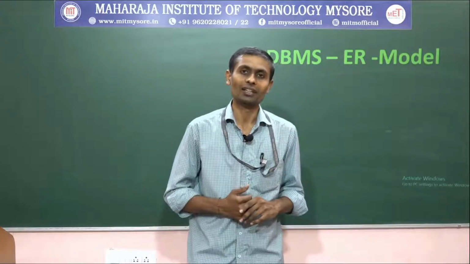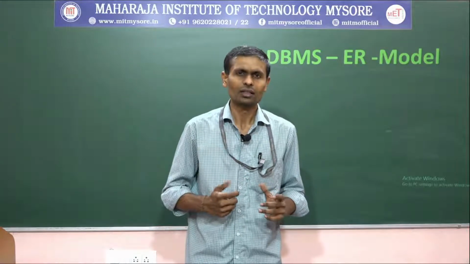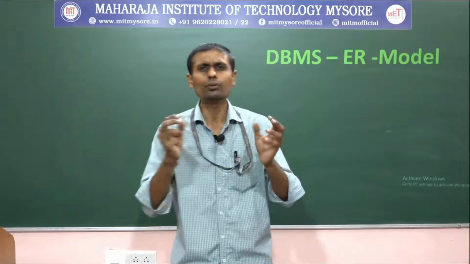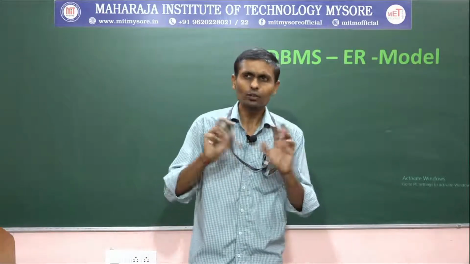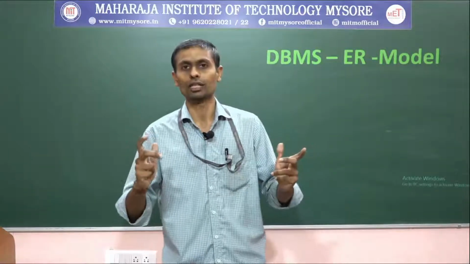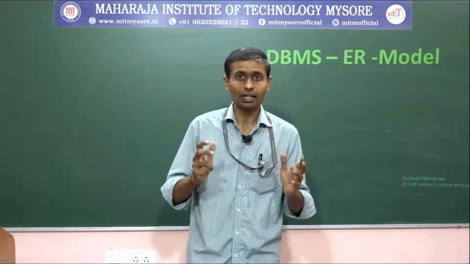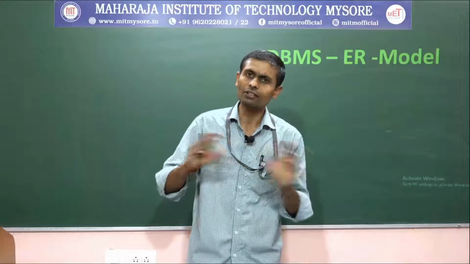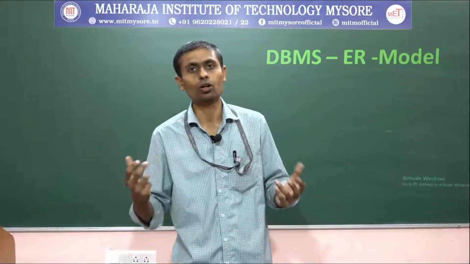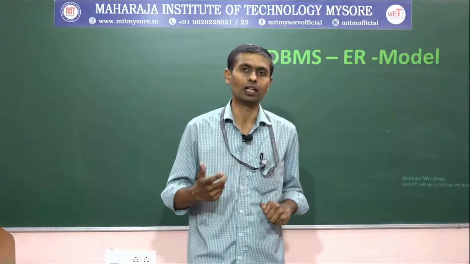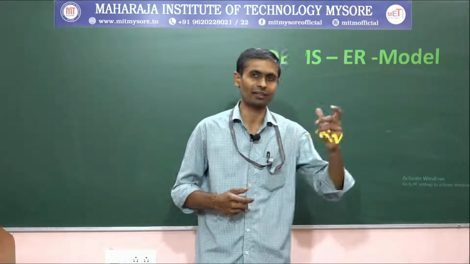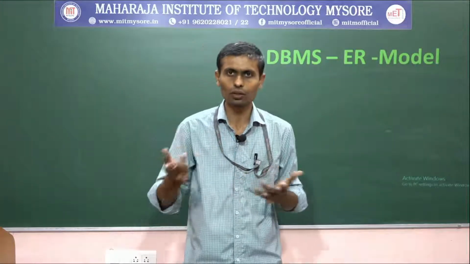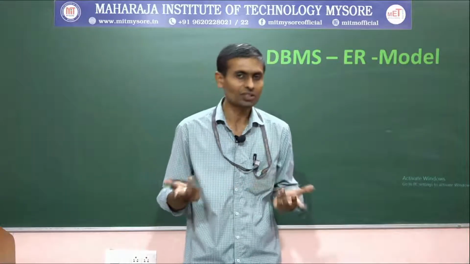Then we discussed a composite attribute. What do you mean by composite? The name itself gives us a clue: it is composed of many minute things, meaning minute simple attributes. A composite attribute is an attribute composed of many simple attributes, or we can say an attribute that can be further divided into multiple simple attribute components. We took a small example like address, where address contains many minute components like city name, village, country code, pin code, then taluk, district, state, and so on.